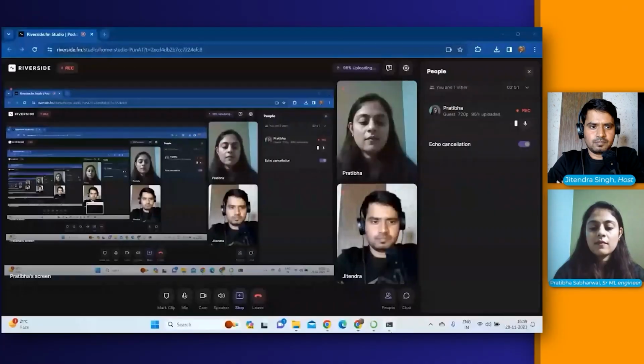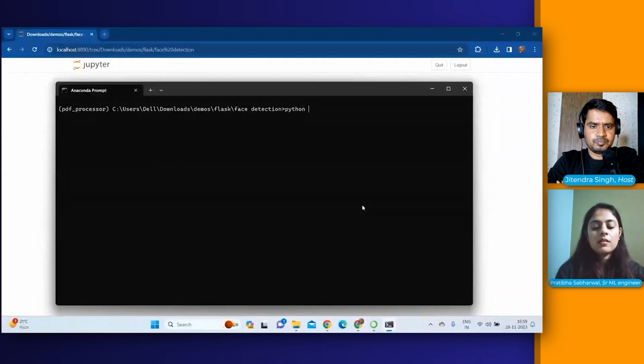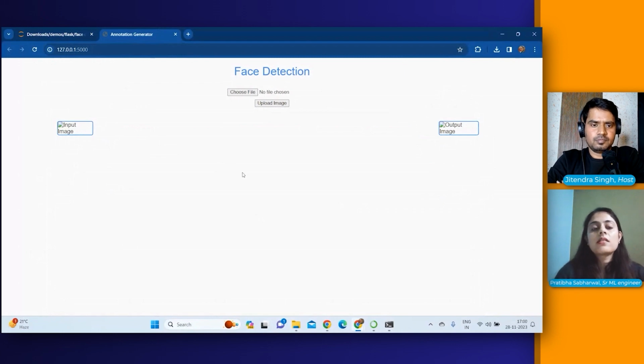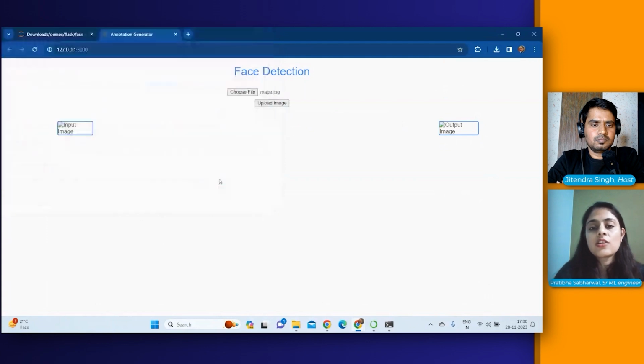I'll share my screen. I'm already in the directory of the project, so I just need to run the file. This is a very basic interface for this app that we have created, just for the purpose of demonstration. Here you can see that we have images like this. We just upload it,